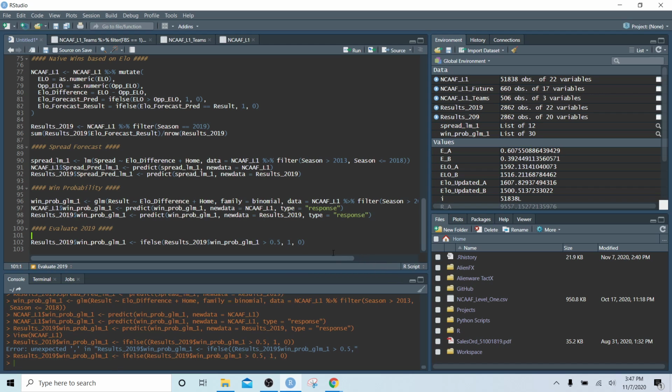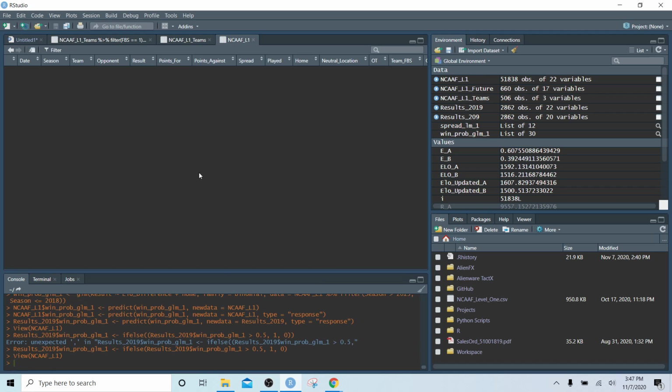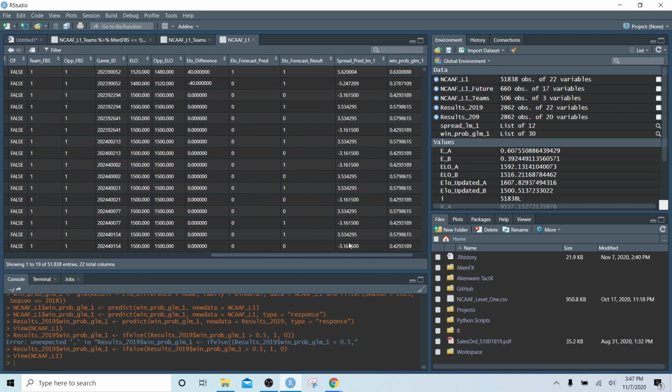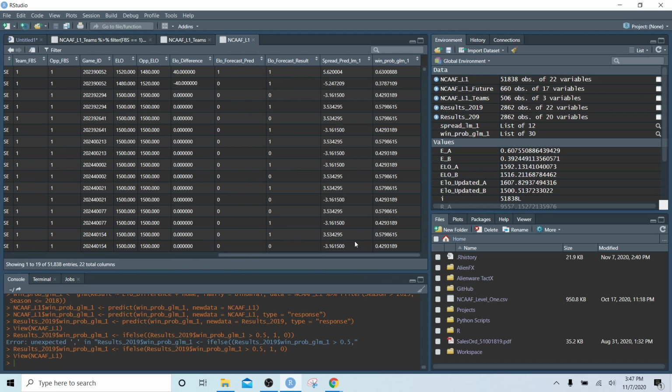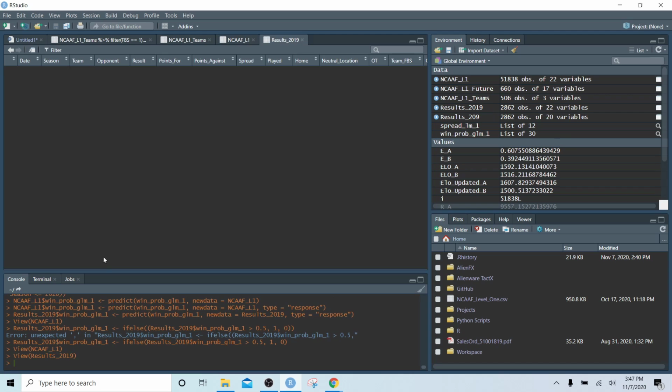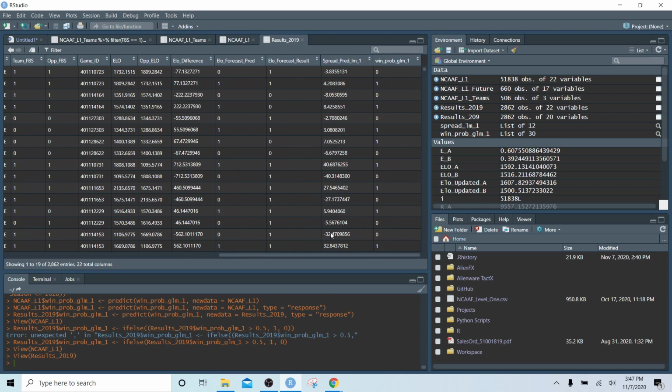Okay, so I had some extra parentheses, it would seem, in this statement. So now if we take a look at this, for 2019, sorry, we were in 2019. Right, so now instead of the probability, we just have a 1 or a 0, and now we can see whether or not that foots to